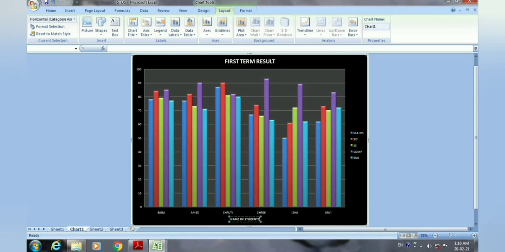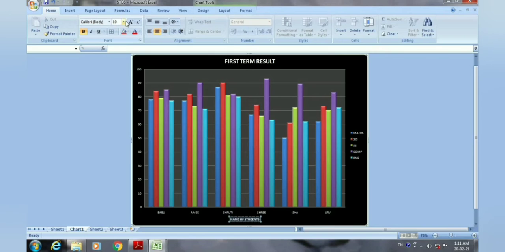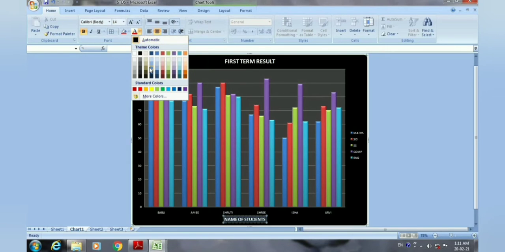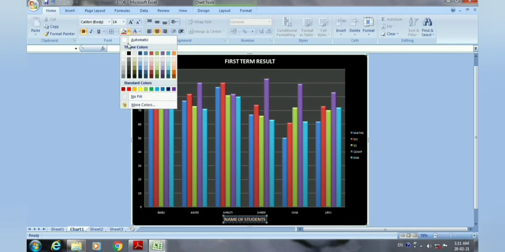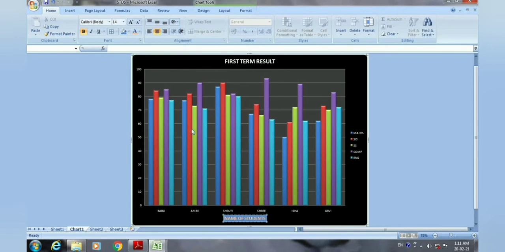Now this is written, but very small handwriting is coming, so you can make it big. So you just select that name, go to the home tab, and you can increase the size of that text. So here you can see that is visible. And color also, if you want to change, you can change the color as well. And fill color also you can change according to your wish. So like this you can apply the formatting there to the axis title.